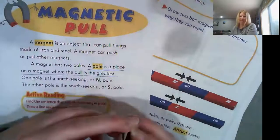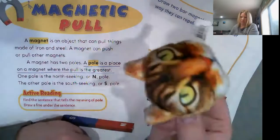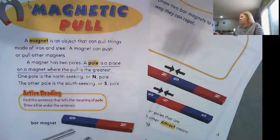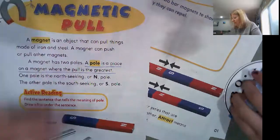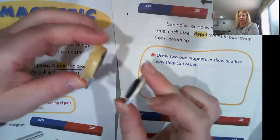Should all of these attract? I wanted to show you what it looked like if they didn't attract. Looks like I don't have any to show you. It's just too heavy. Okay. So maybe at home you might have some bar magnets. I should have grabbed some stuff from school, but I didn't think about it. But if you had two magnets that were opposite poles, there would be resistance and they would not attach